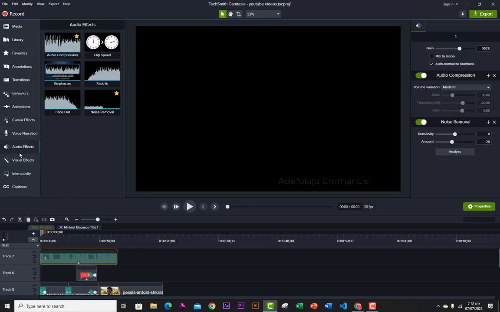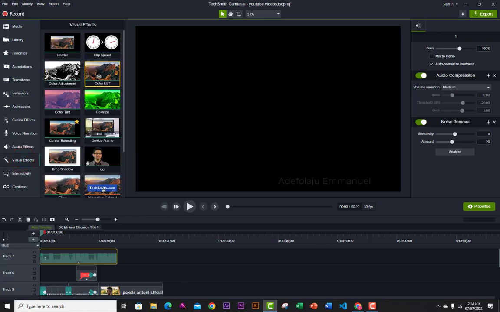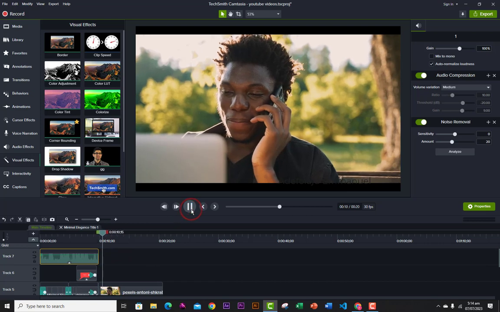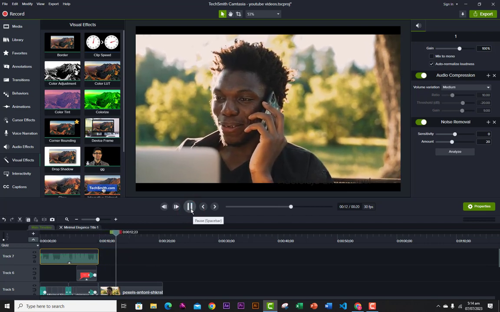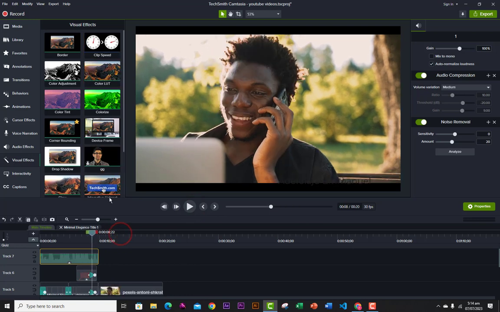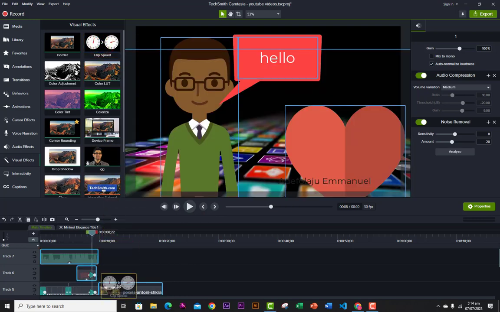Alright, so we have visual effects. We have so many visual effects that you can use. Let's say you want your video to be fast, you can drag the clip speed. Okay, so let me just do this. I drag my playhead to where I have my video file, and I'm just going to take out this sound. If I play, this is the normal speed of the video. So if I add clip speed,